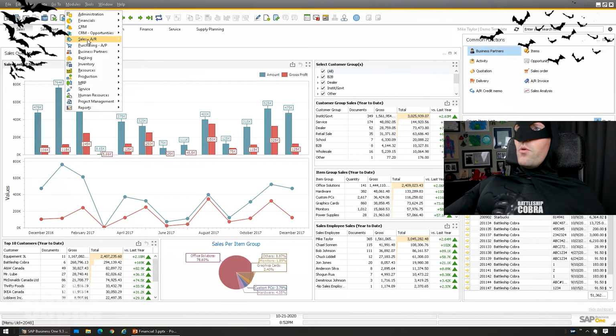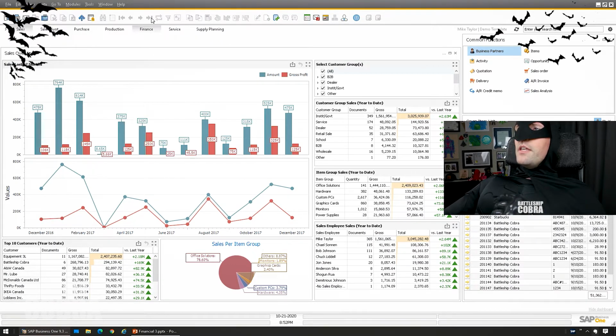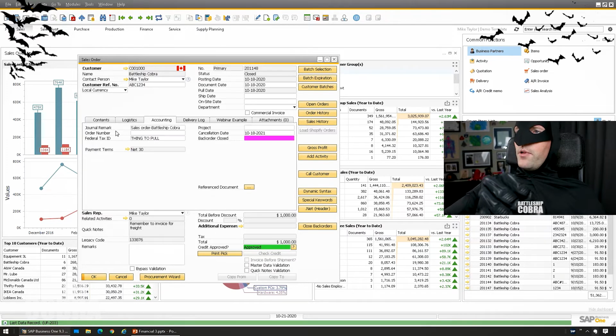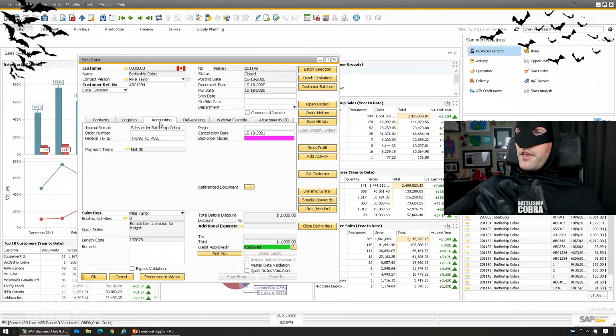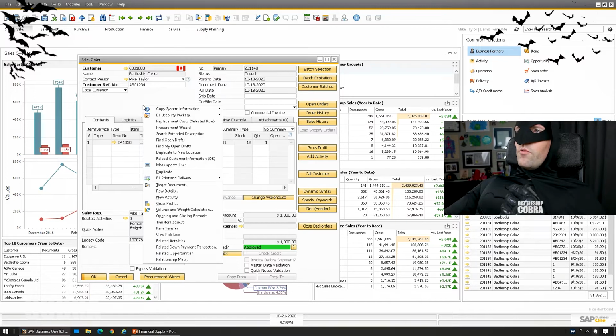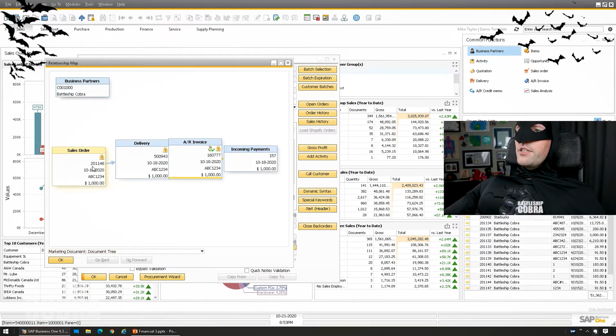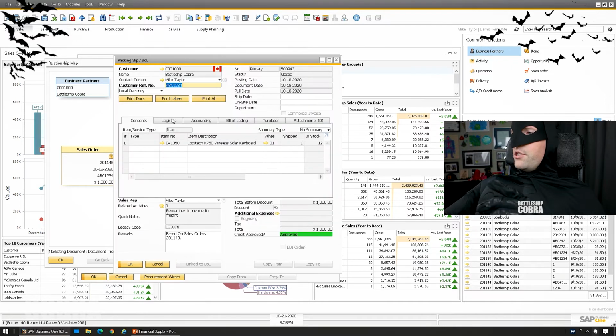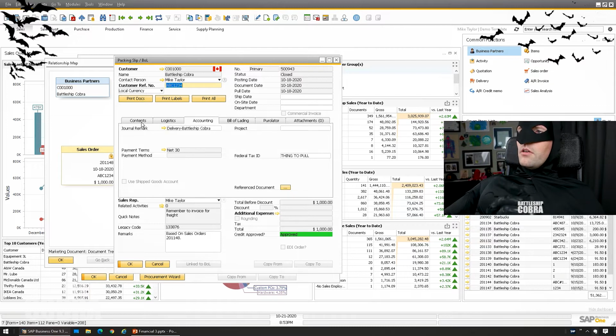So in the system, we're going to start with sales order, and I just have this handy dandy example here. So this is just an example of journal remarks. There's nothing. You're not doing anything there. There's no entry. Right click, you can see relationship map, and you can see the sales order, delivery, invoice, and incoming payment. I'll do the incoming payment in the next set of transactions. Sales order does nothing. Delivery, we can double click on the delivery, pops open, and you can see accounting, journal remarks,